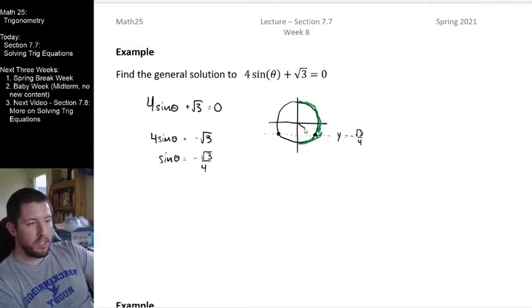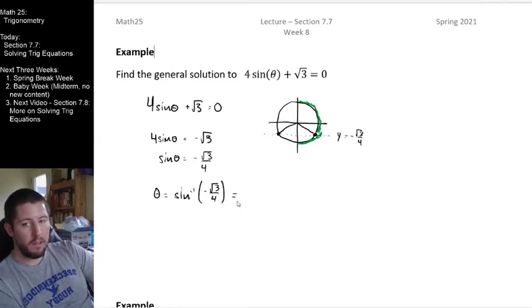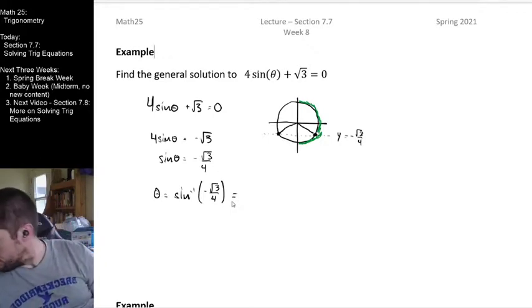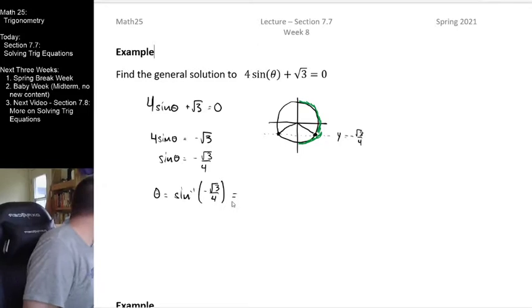Right? So it looks like this is what we're going to get from inverse sine. This is what we need to interpret for ourselves right here. We're going to have to figure out how to do that. So it seems like I'm going to get theta equals sine inverse of negative root 3 over 4. Well, I don't have a nice value for that. The best thing I can do,